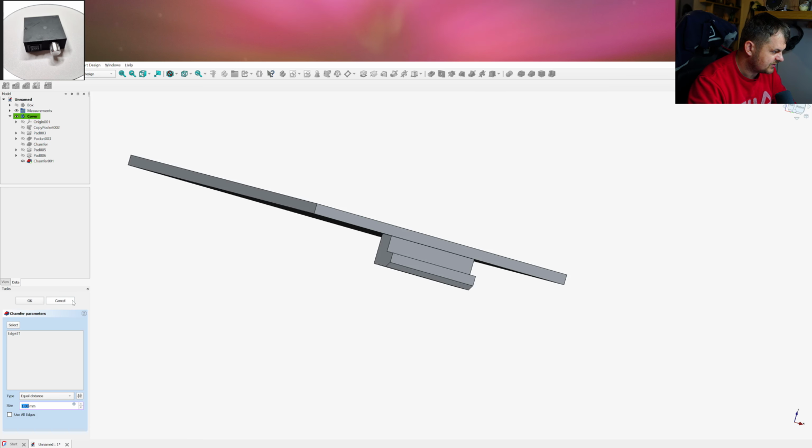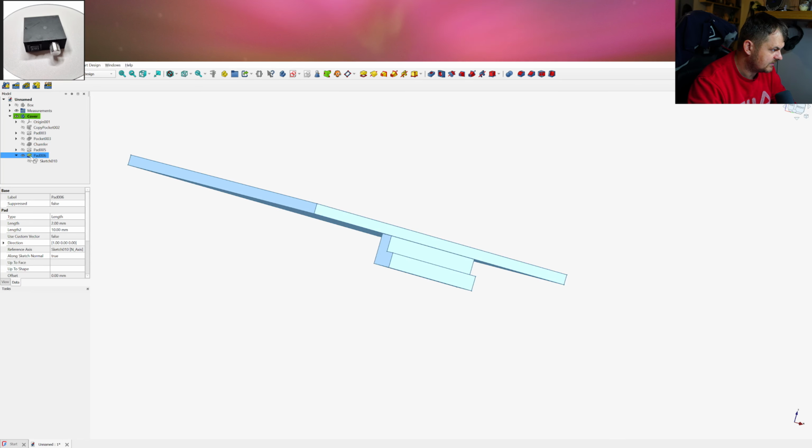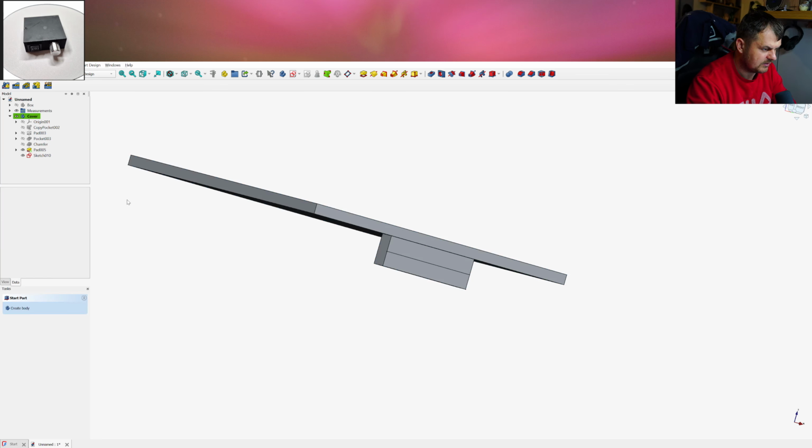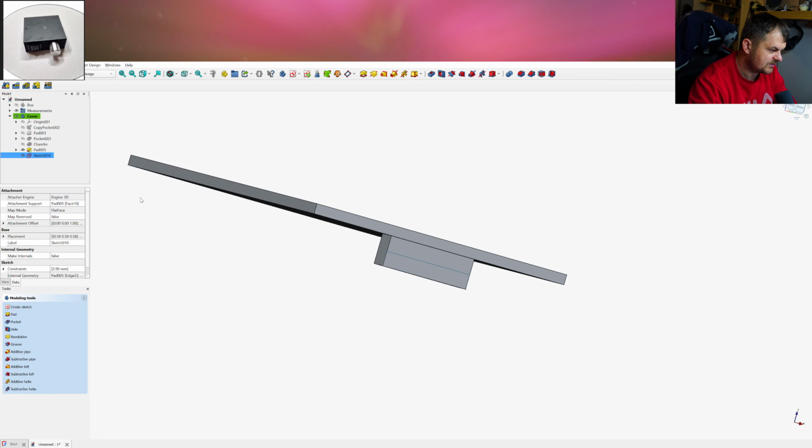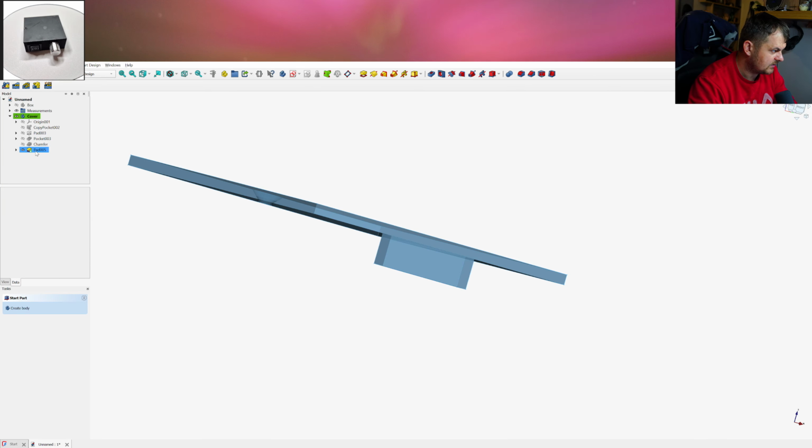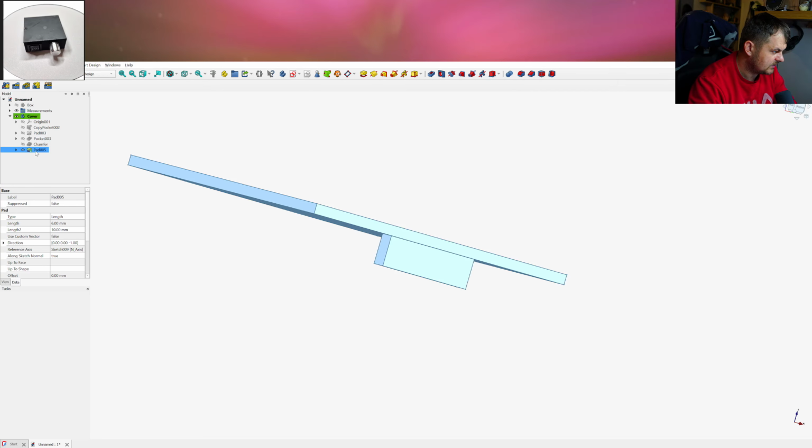So we're gonna change it. Let's delete this pad. Delete this sketch. Delete, and this pad. Just mark the pad. Here length 5.9. So we're gonna make